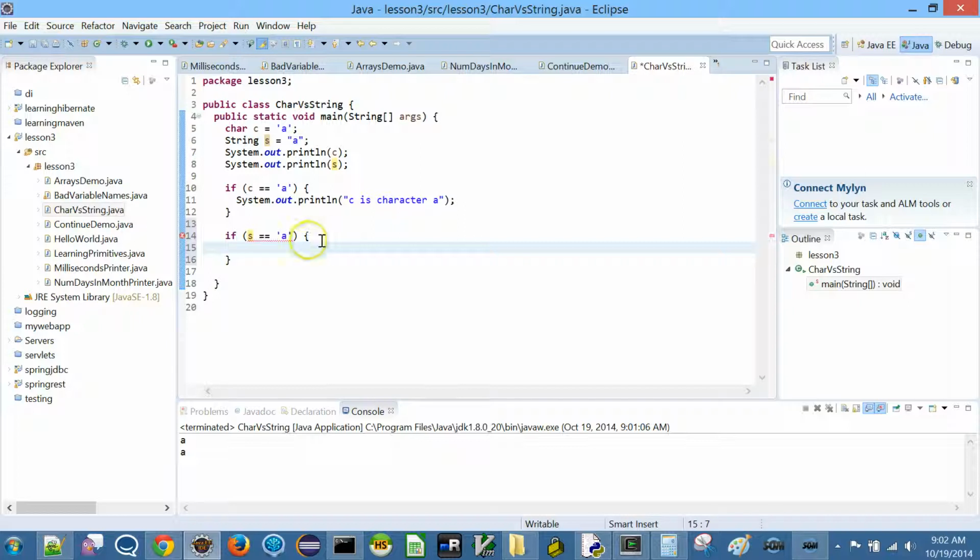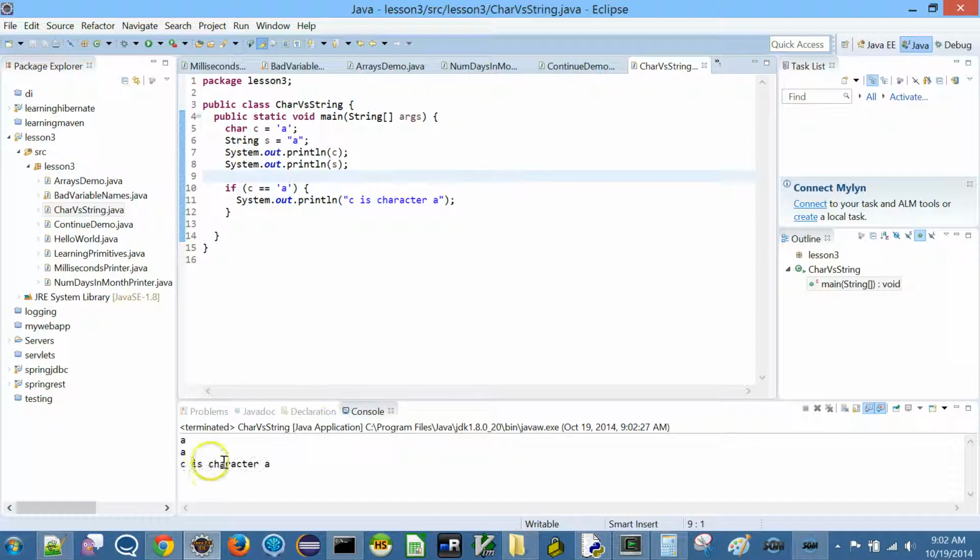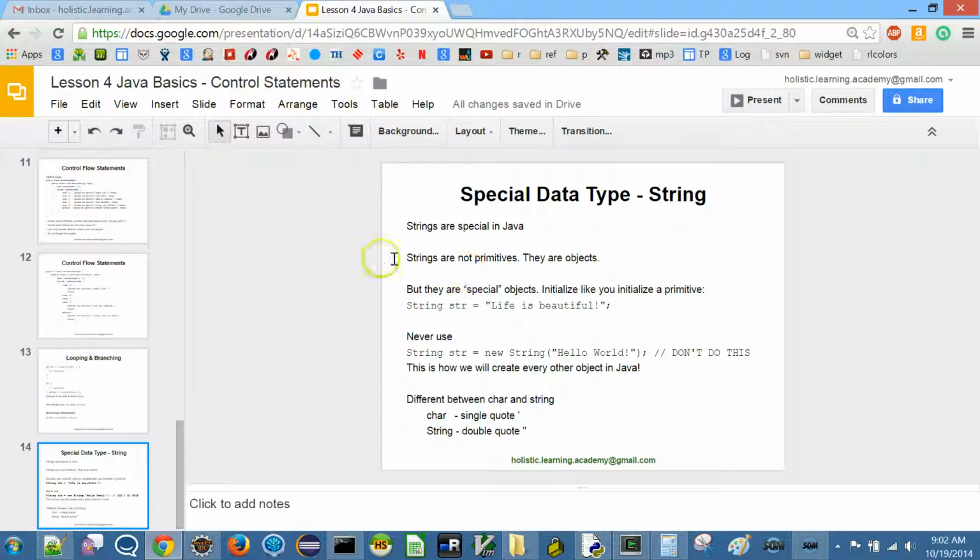We can only compare strings with other strings. If you see here, incompatible operand types, String and char, we cannot do this. That just illustrates the difference between the two. Of course, if you run this it will say true, c is character a.